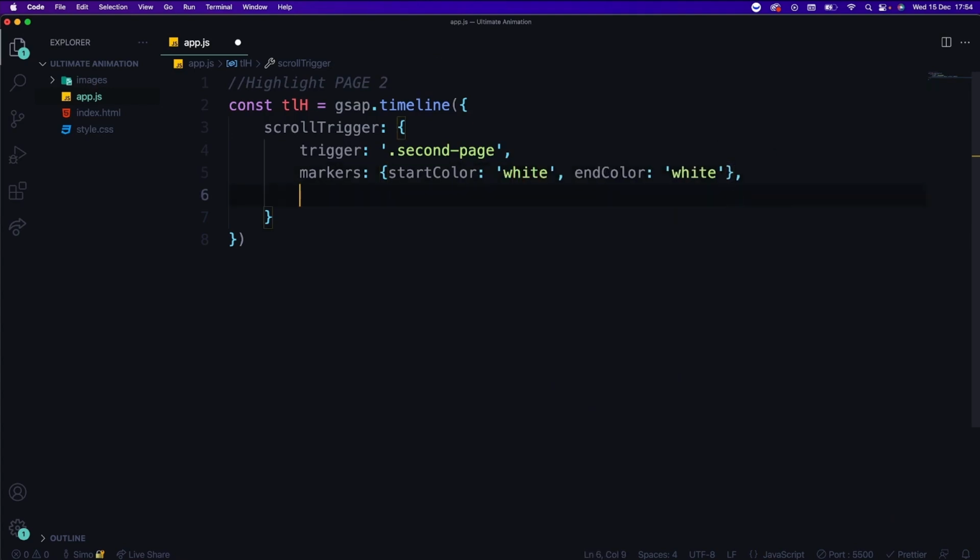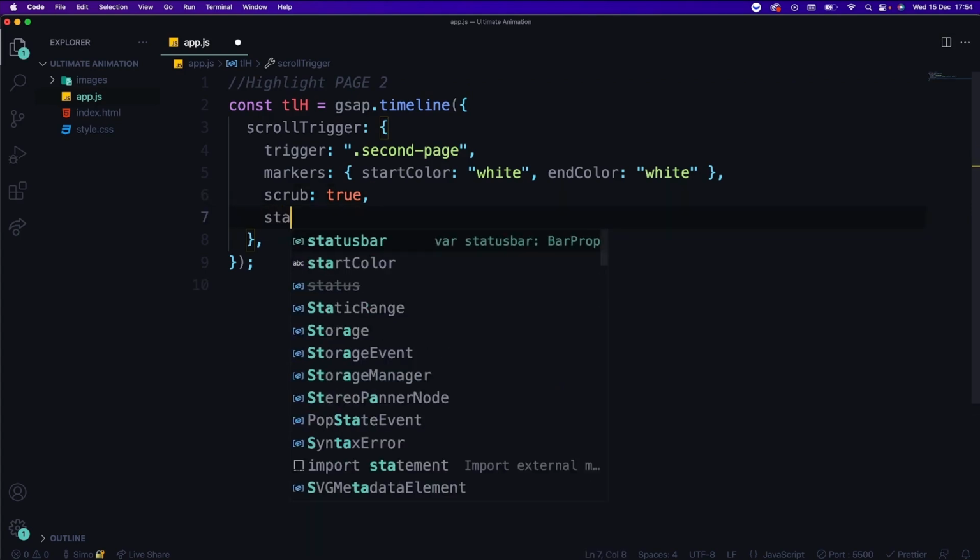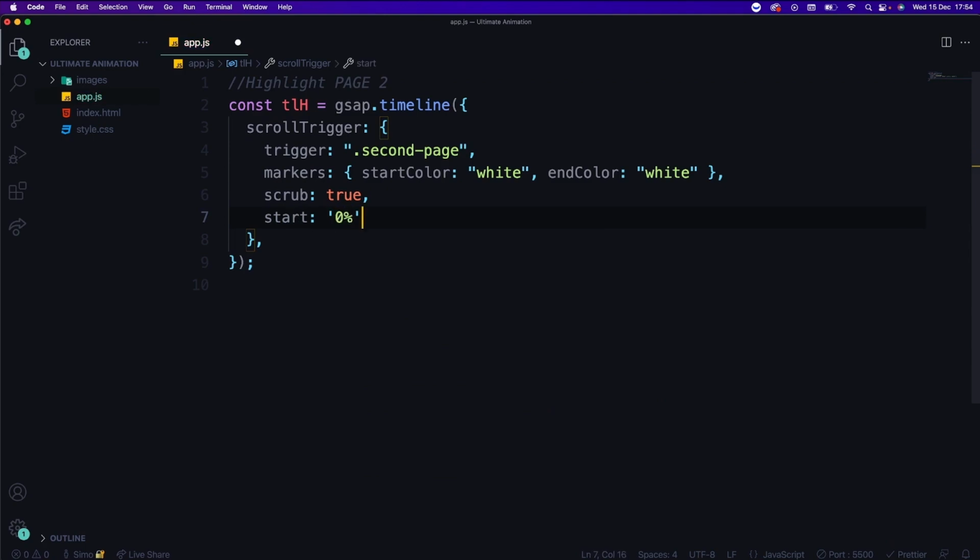All right, so we have our markers, and now we can add a scrub to true, right? Because we want to animate it whilst we're scrubbing. And now we need a start and end position. So let's just do start 0% for now and end 100%. All right, hit save. So now what I want to do is do a gsap from to,